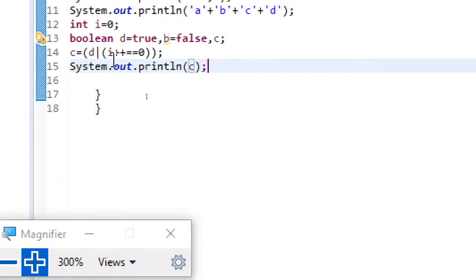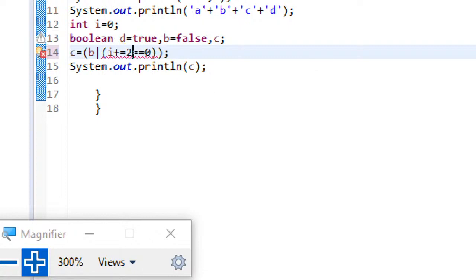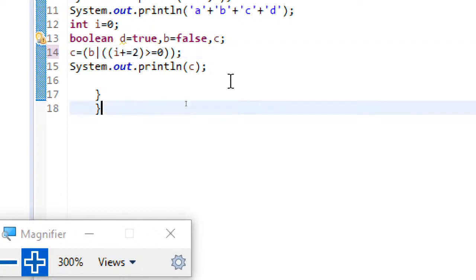Now, if I alter this a little bit, in place of d, let me give b, and here if I just say i plus equal to 2, now you see what I have given here, b. What is b's truth value?